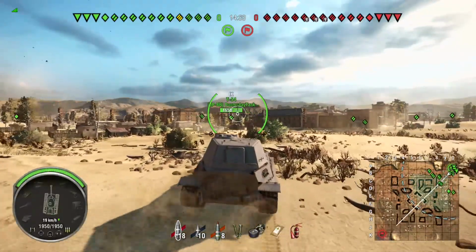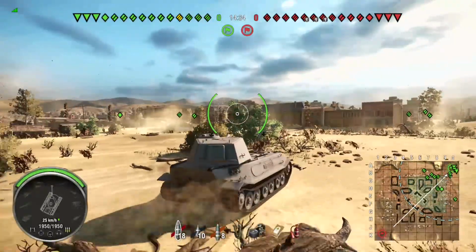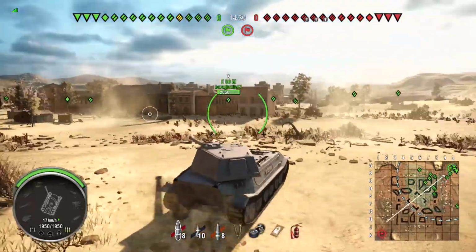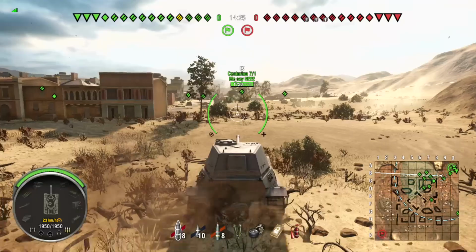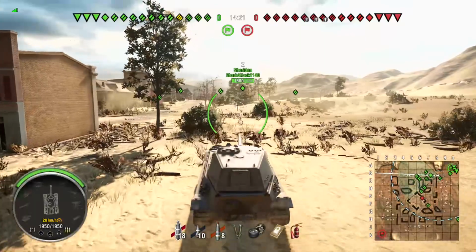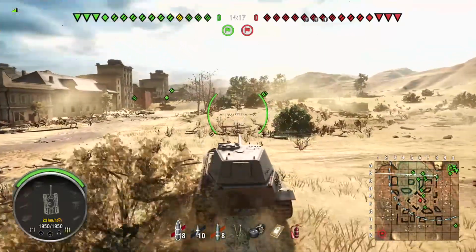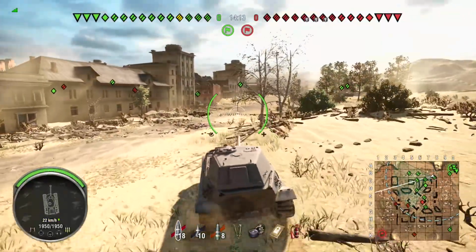Yeah, this 45B depends on who you're playing against. If playing against a good player, generally they don't care what you're doing. They're going to pen you reliably. Now, side scraping isn't the greatest in this because it kind of exposes the sides of your turret. The sides of your tank aren't phenomenal. So at high angles, side scraping is good in this tank, but it's not like a 705 or